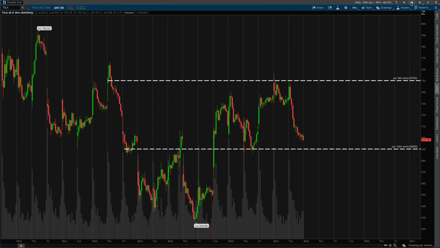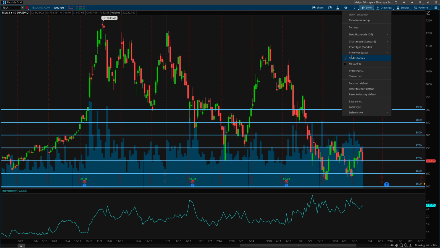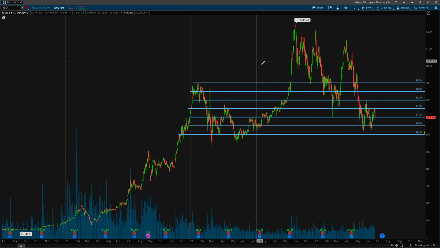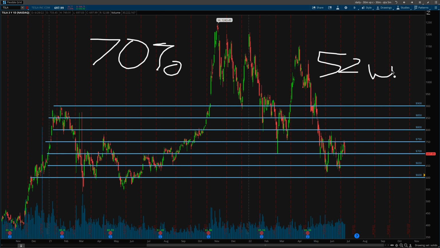So to conclude, if we just look at Tesla's daily chart, let's actually turn off all of the studies again and just take a look at this. If you're ever nervous whenever Tesla's really moving, remember, you zoom out and these moves generally don't mean much. I mean, Tesla going from 750 to 800 is a big deal to a day trader. If you're scalping here, yes, but if you're looking to have a consistent trading plan, you're going to do about a 70% win rate or 65 or even 60% win rate, and you're looking to trade 52 weeks throughout the year, if you can get about 30 of those weeks being consistently profitable,